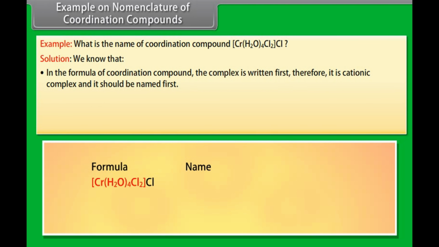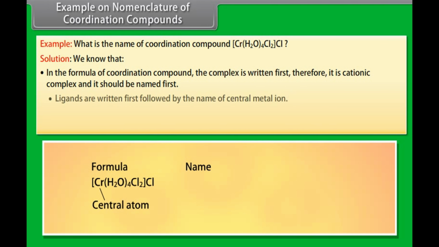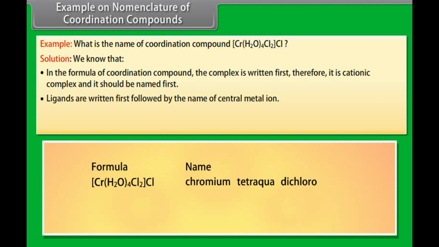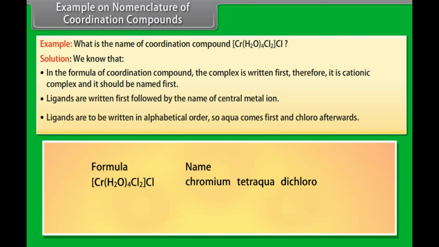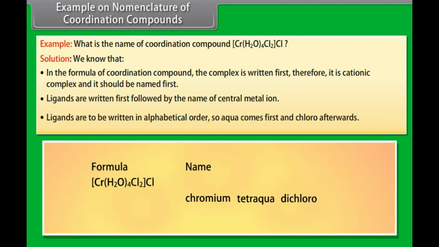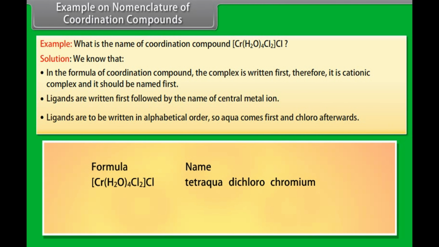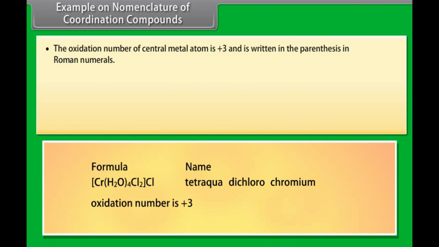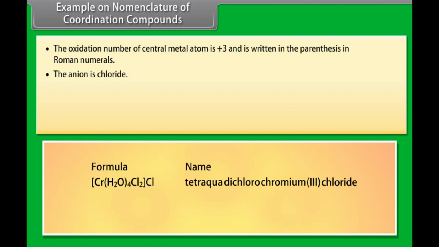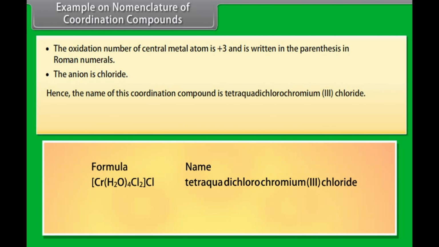In the formula of the coordination compound, the complex is written first, therefore it is a cationic complex and it should be named first. As per the rules, while naming the complex, ligands are written first followed by the name of the central metal ion. Ligands are to be written in alphabetical order, so aqua comes first and chloro afterwards. The oxidation number of the central metal atom is +3 and is written in parentheses in Roman numerals. The anion is chloride. Hence, the name of this coordination compound is